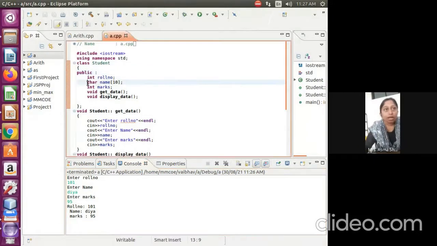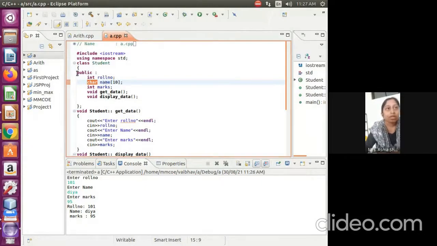So here we have created a character array and specifically mention how many characters we need. We require 10 characters here. We are entering the name up to 10 characters. It is similar to a string, but here it is a character array.